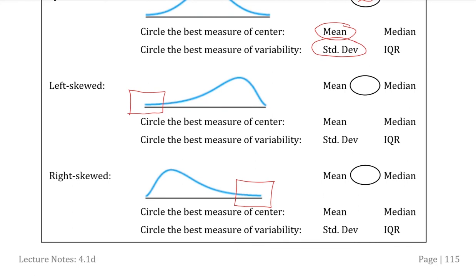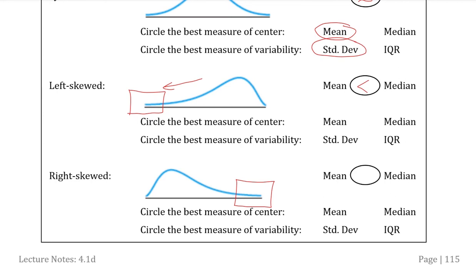Extreme values are very important in determining how different the mean is from the median. Specifically, the mean tends to be pulled in the direction of these extreme values. So, for left skewed data, when we have extreme values on the left side, the mean is pulled in that direction, whereas the median tends to be pretty close to the peak of this curve. Therefore, because the mean is pulled to the left, the mean tends to be less than the median in these instances.